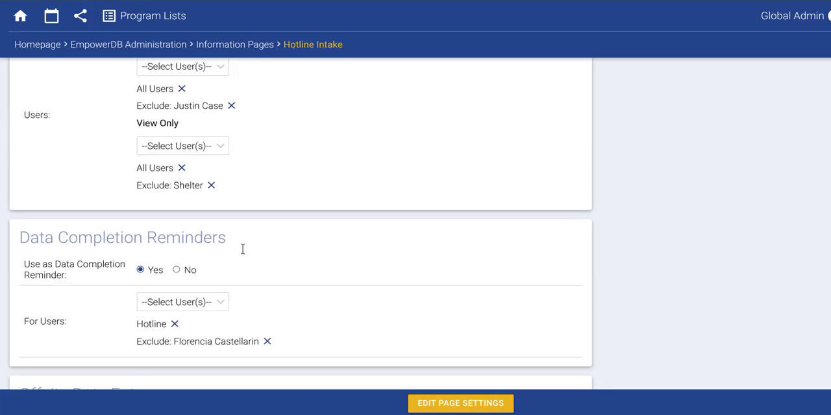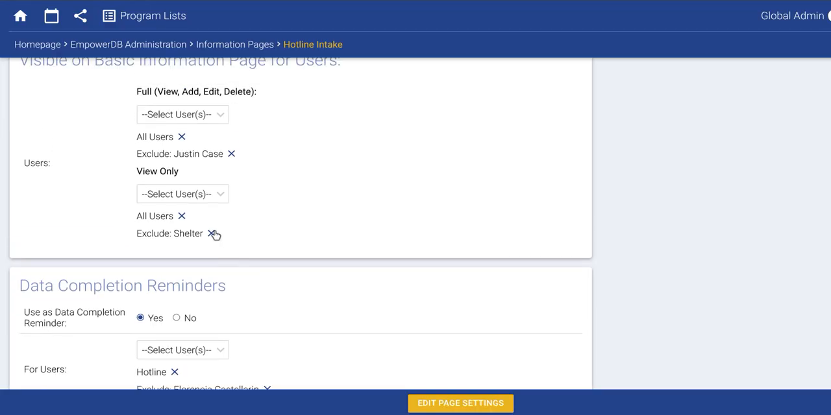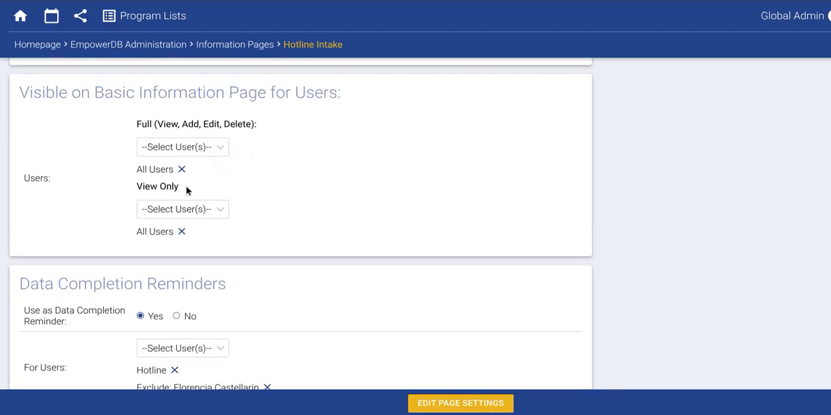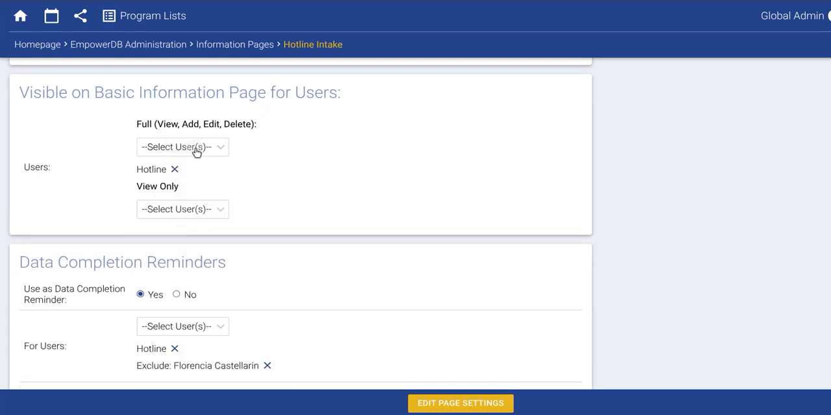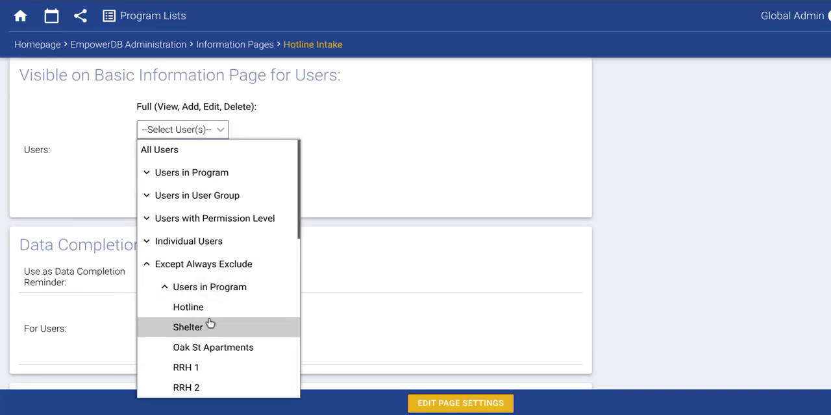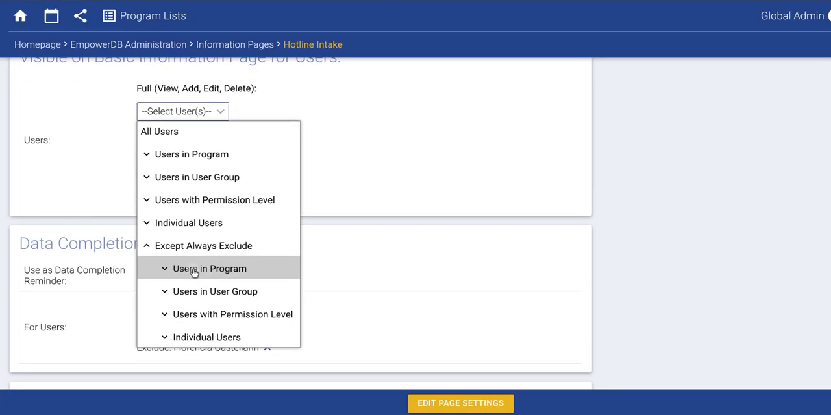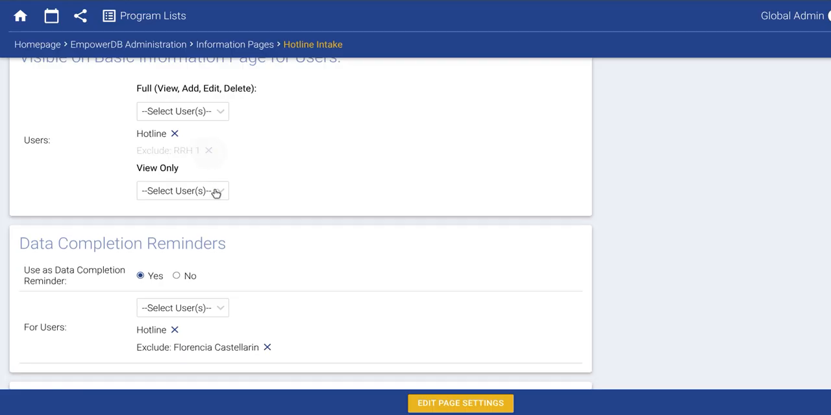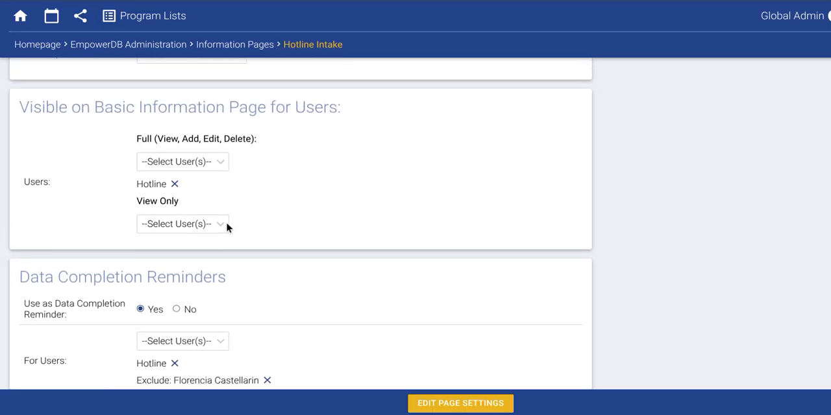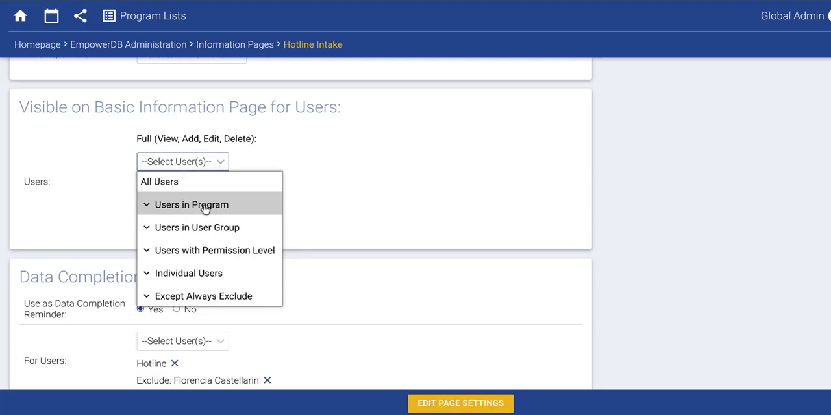Now, I'm very worried that a lot of you are going to make a big misunderstanding here and say that, oh, the hotline intake, that should be for the hotline program, and it shouldn't be for the shelter, and it shouldn't be for all these other things, and go through and click a million times to list all the programs that it shouldn't be in. That's completely unnecessary. By just doing this, you say only hotline. You don't need to then go through and say, don't do it for the other programs. Because if you do this,